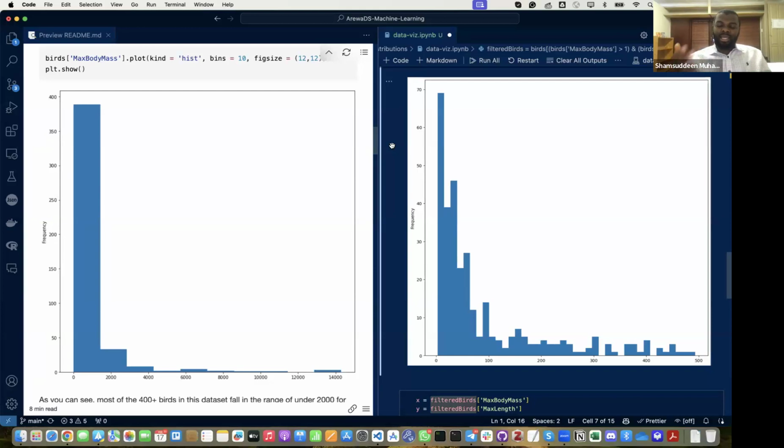So you see in here, you are having some form of idea of which of the bats are most dominant in your data. By just plotting this histogram, you are seeing that most of the bats are not that heavy, and then followed by what sort of bats, and so on, if I may call it that. So you see, these are some of the distributions within your data set that you are trying to